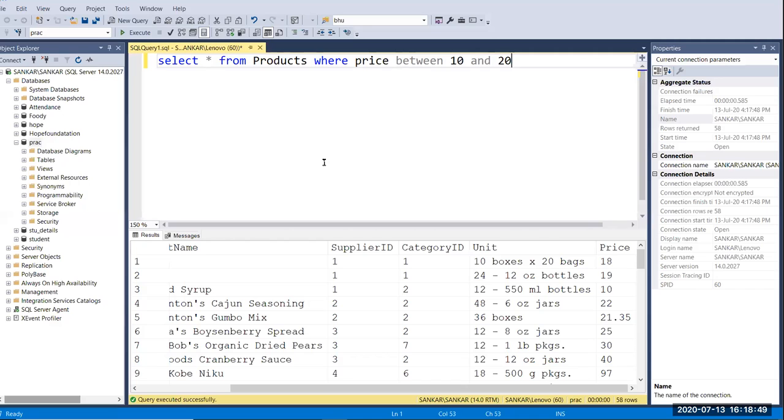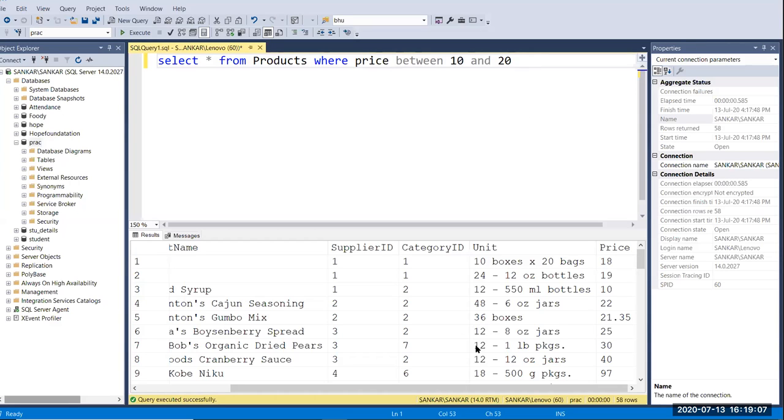This is the syntax of the BETWEEN statement. First you have to give the column name, after that use BETWEEN, then give your starting position, then AND. After that you have to pass your ending value, right?